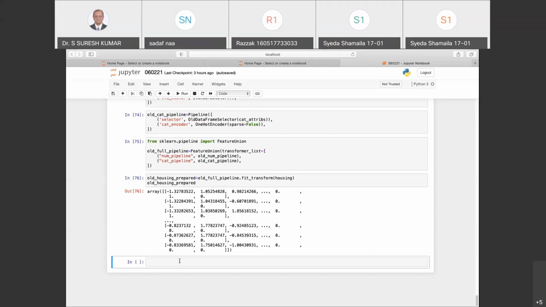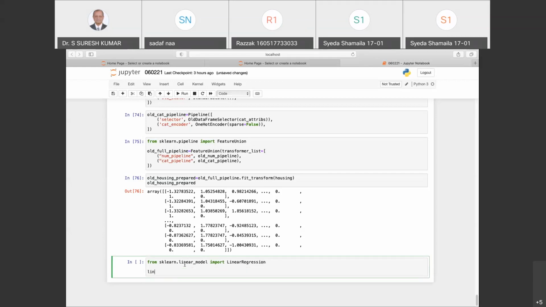I first need to import linear regression. From where? From sklearn library. So I'll say from sklearn dot linear underscore model import LinearRegression. After this, I'll create a model of this. I'll say lin underscore reg is nothing but my linear regression.